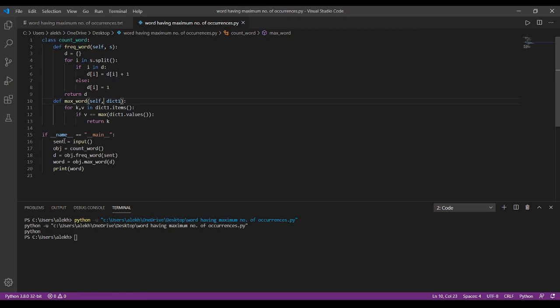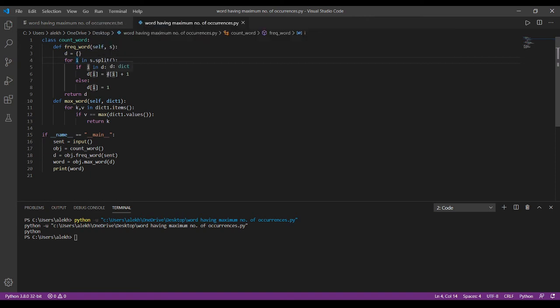Here we are taking the sentence and creating an object for this class and passing this sentence variable into the frequency word. Here in this we are taking the sentence and creating an empty dictionary. For each and every word in s.split, we are checking whether it is present in the dictionary or not.